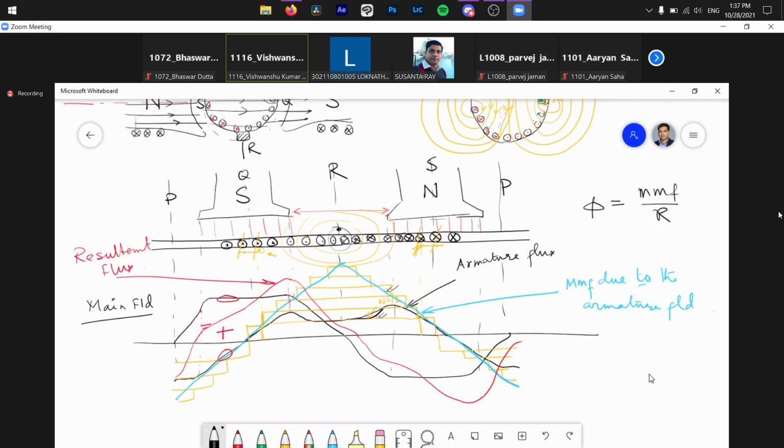Sir, is it the end of the coils where the magnetic flux becomes half from the center? That's the Ni by 2. So in the middle of the coil, the magnetic flux is Ni, but at the end it is Ni by 2, according to the proof. So it's the end of the coils, that's why Ni by 2. No, it's not due to the end of the coil. Not like that. I'm just searching that book whether you'll get that or not.